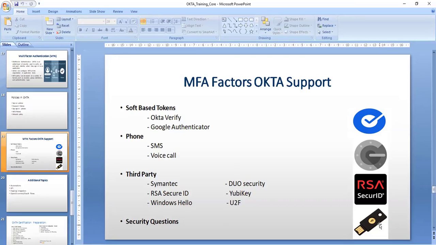Google Authenticator is open source, so you can directly download it from either the Apple App Store or the Google Play Store. Both ways are possible. So you can download it and configure it.